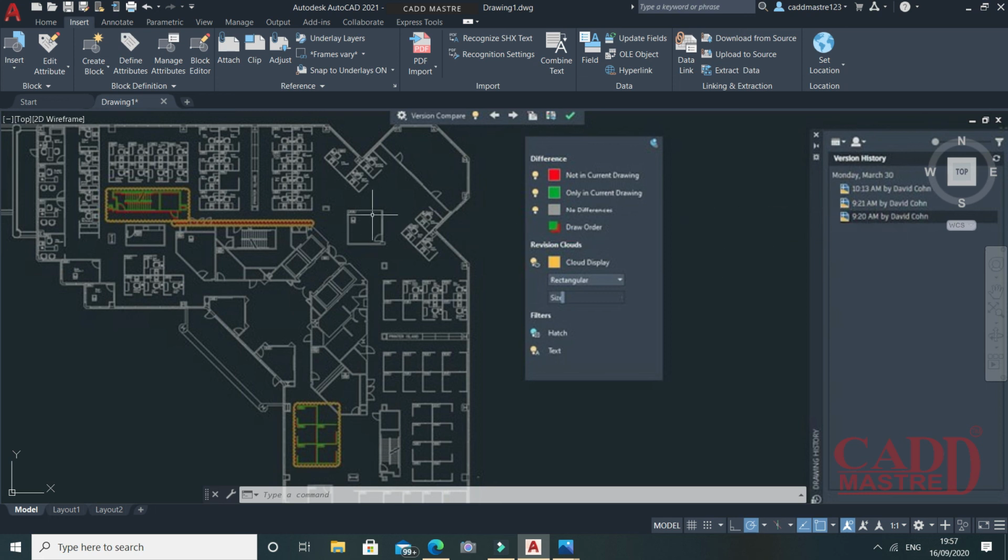These options are very similar to what we saw in DWG Compare as well as XREF Compare, so I don't want to explain the same thing over here. Because of Drawing History, you can evaluate your work easier than ever before.